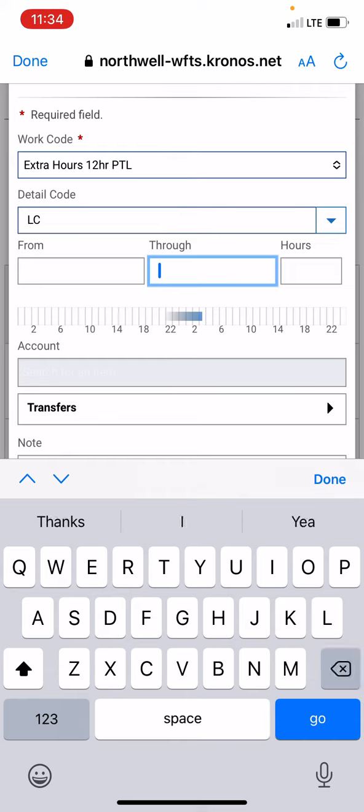So we already have your shift built in. What you're going to indicate is the length of time that you stayed. So if you worked a 6 p.m. to 6 a.m. and you stayed 1.5 hours for a late call,